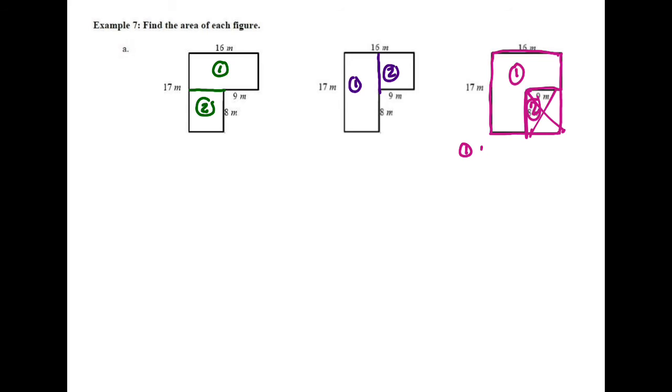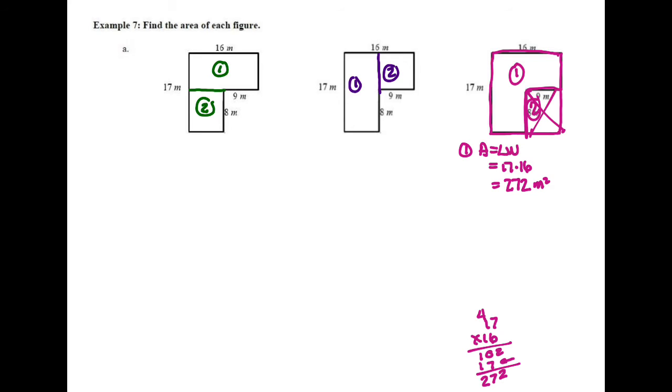So for 1, I would have 17 times 16. Let's do that one down here at the bottom, because we don't know that one off the top of our heads. So 42, carry 4, 6 times 1 is 6, add 4 is 10, move over 1. 1 times 7 is 7, 1 times 1 is 1. Add those up. So 272